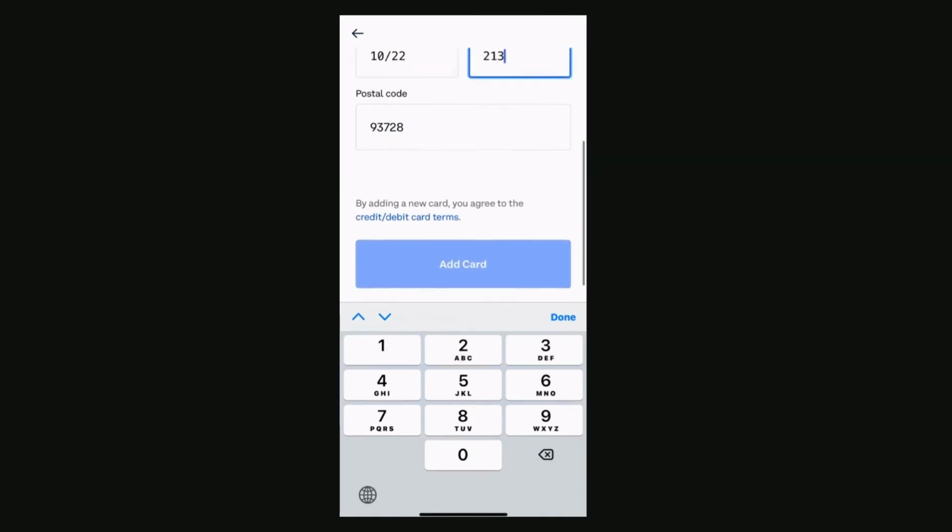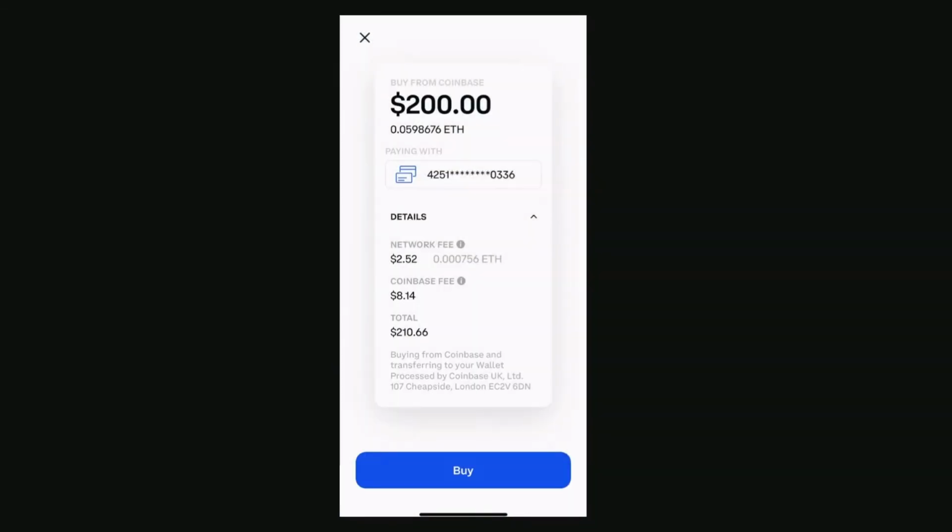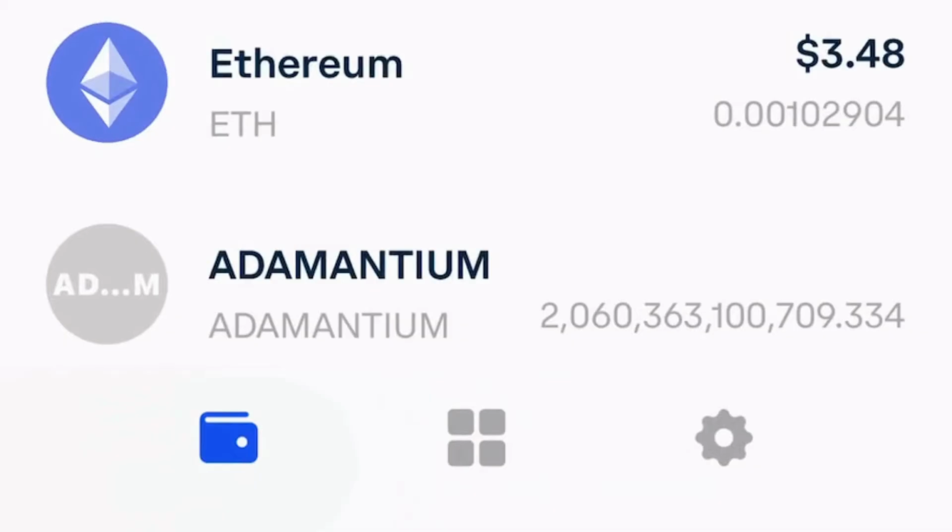Then hit add card. The app will automatically put you back to the screen where you can select the card that you added. Then you click buy. Once it loads, it'll automatically take you back to your wallet homepage and you will see your updated amount in